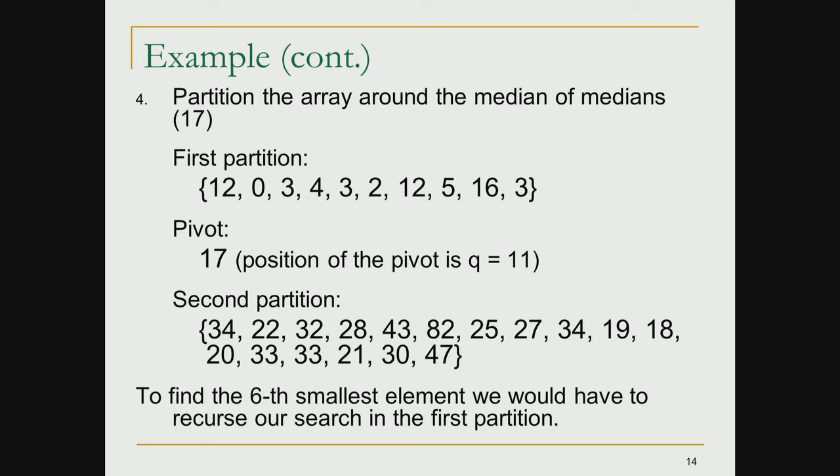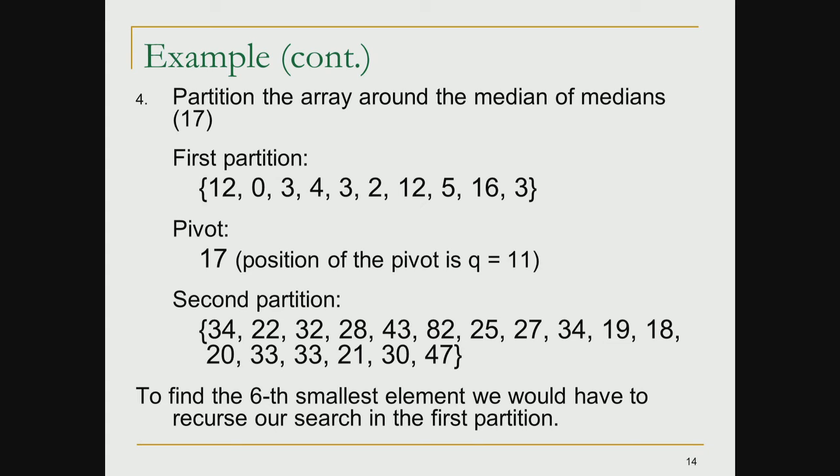We partition the array around 17, and in the first part we have all the elements which are smaller than 17, and 17 is the 11th ranked element, and the algorithm terminates and returns the value 17 as the 11th